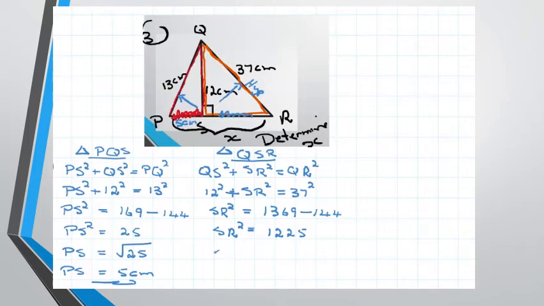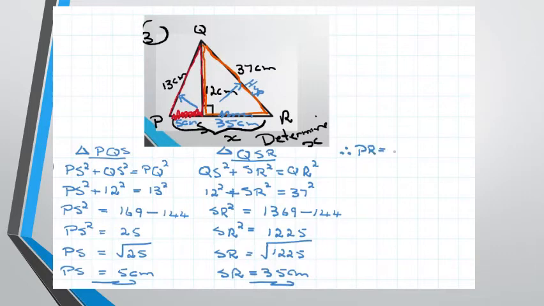Remove the square, therefore I'm going to have SR equal to the square root of 1,225. And then SR is going to leave me with the answer of 35 centimeters. And I take that value and I put it back into my sketch. Now I can see that the X, which is PR, so therefore I can make the statement that PR